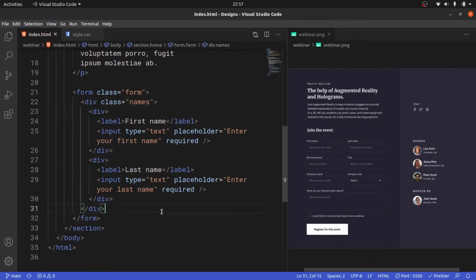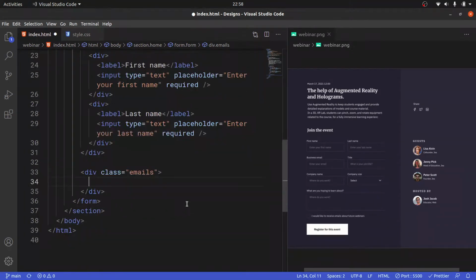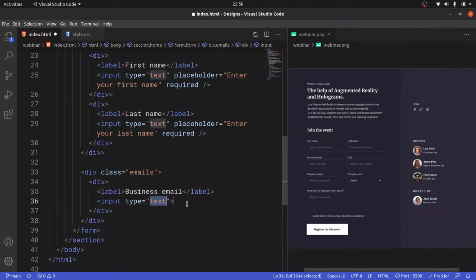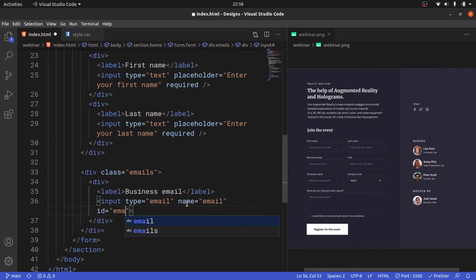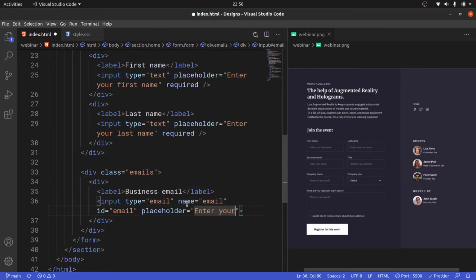And then below this div with the class of names, I'm going to have a div with the class of emails, like that. And then once again, I'm going to have a div inside here, the first that says label without a for attribute. The label says business email. And then I'm going to have an input with a type of email, like that, with a name of email, with an ID of email, with a placeholder that says enter your email, and then set it to required once